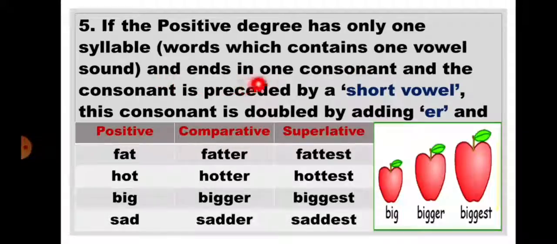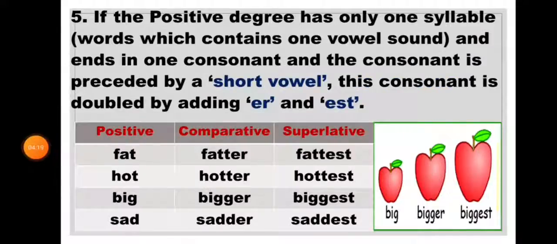Fifth, if the positive degree has only one syllable, it means the word contains one vowel sound and ends in one consonant, and the consonant is preceded by a short vowel, this consonant is doubled before adding ER and EST. Like suppose for example, in positive fat, the word has only one vowel A, so we'll double